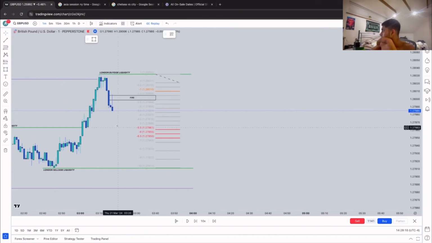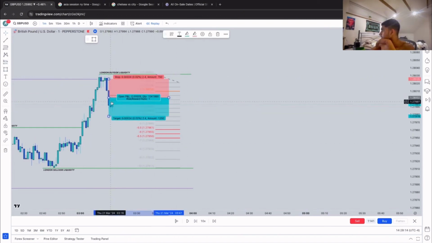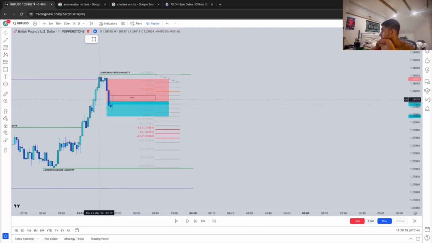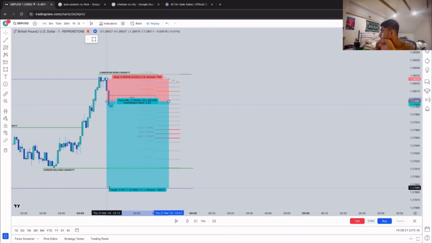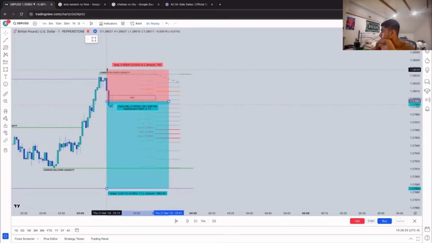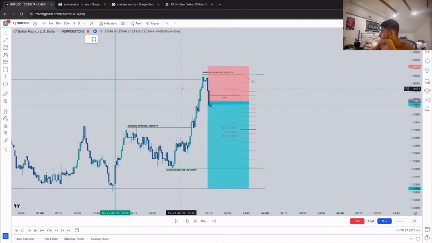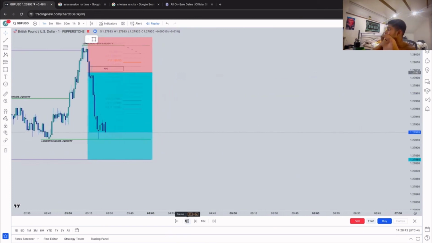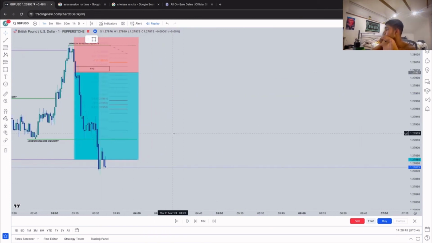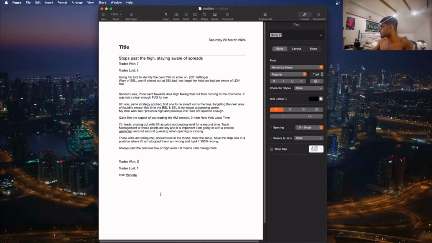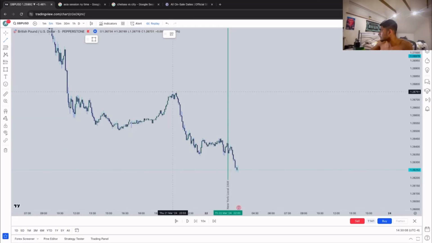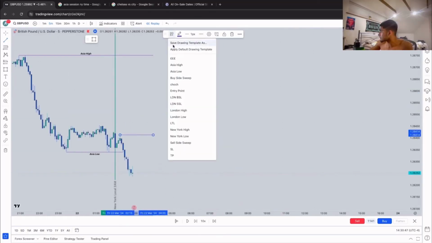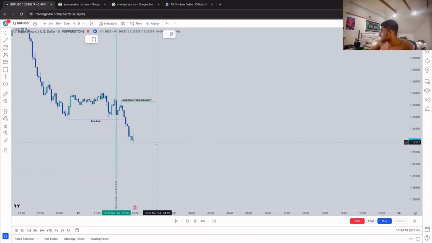And retracement, so there we have it, retracement 50%. Because of spreads, this will move us down to there. We're going to target the Asia low and put our stop loss just above a London buy side. So instantly right there, that was a killer. 2 trades, 1 win. We have our Asia high sitting up here. So there is our London buy side, top of that high, and then